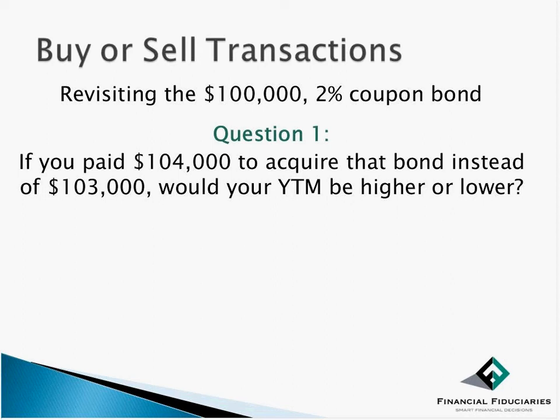All right. Now the question is, if you paid $104,000 to acquire that bond instead of the $103,000, would your yield to maturity be higher or lower? And of course the answer there is that it would be lower because you're paying even more to get the same stream of payments, and so that